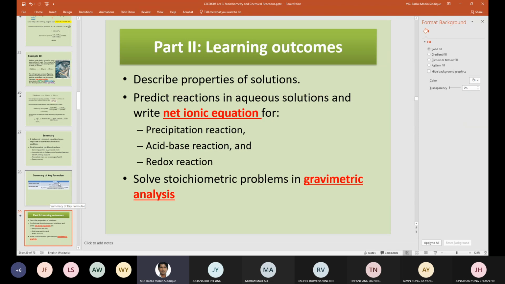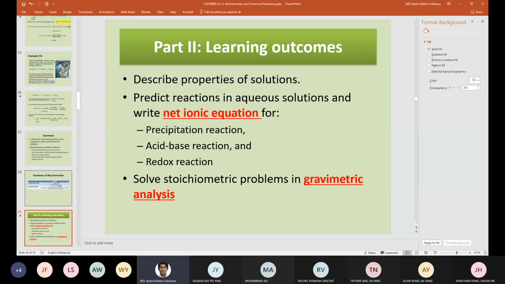We have seen the molecular reaction, these different types of reactions, and all the different types of reaction that we have seen before are also applied here. But this time, when we look at the reaction from the ionic point of view, we will try to see what type of ions are involved, what the charges are, or how much of the ions are involved in this type of reaction. And surprisingly, we'll see that by looking at the reaction through the ionic